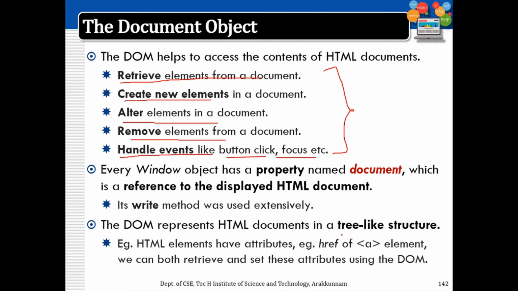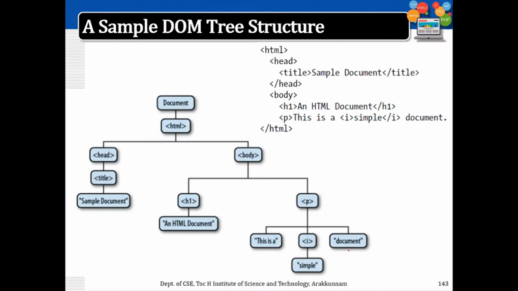As I said before, it is a tree-like structure, and all the HTML elements and attributes can be retrieved using the same name as the attributes. We will see that in examples. So this is a sample tree structure. Here I have an HTML document, HTML, with head part and body part as direct tags. The tree structure is created with HTML as the document root, which directly contains two elements, head and body.